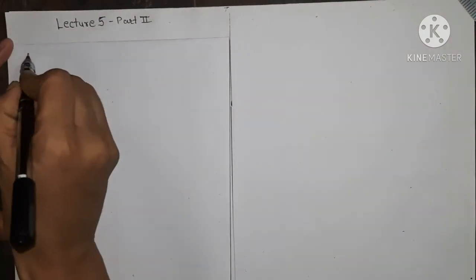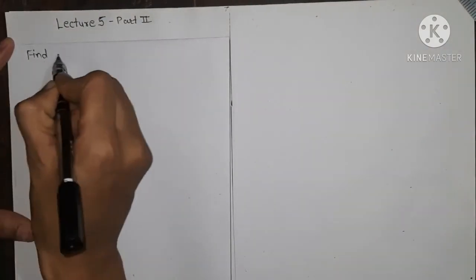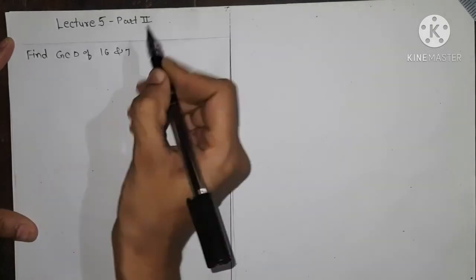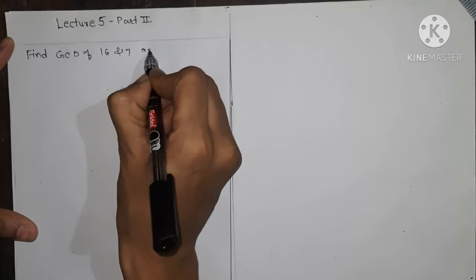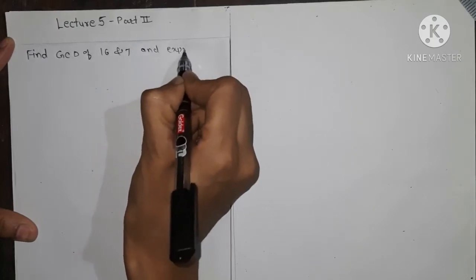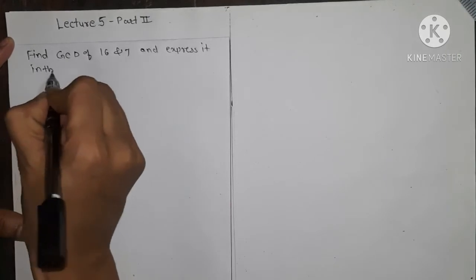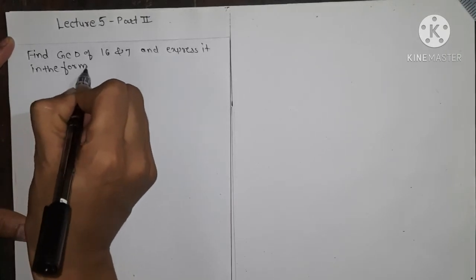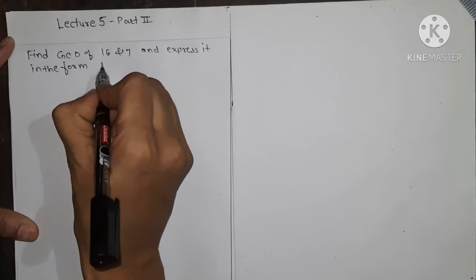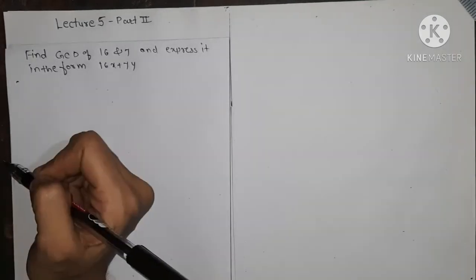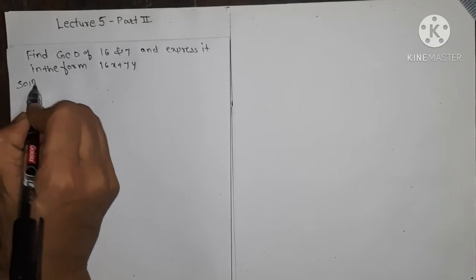So we find the GCD of 16 and 7 and express it in the form 16x plus 7y. Solution: